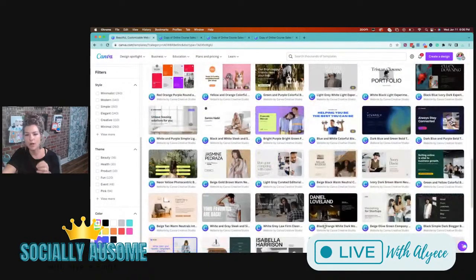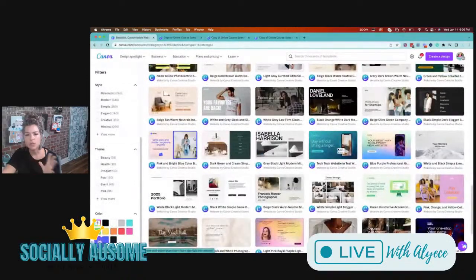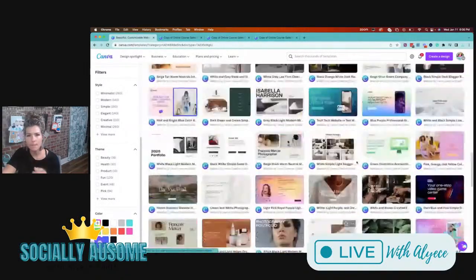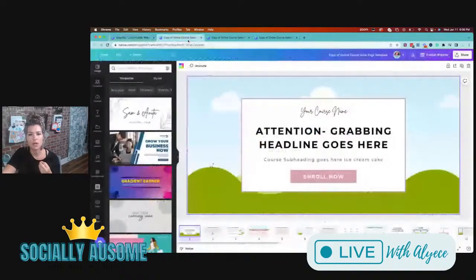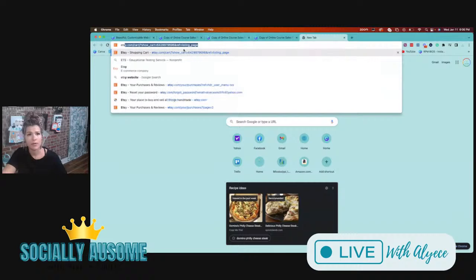So they really are becoming a one-stop shop. There's all these different templates you can choose from. I have a template that I purchased off Etsy. So you can also go on Etsy